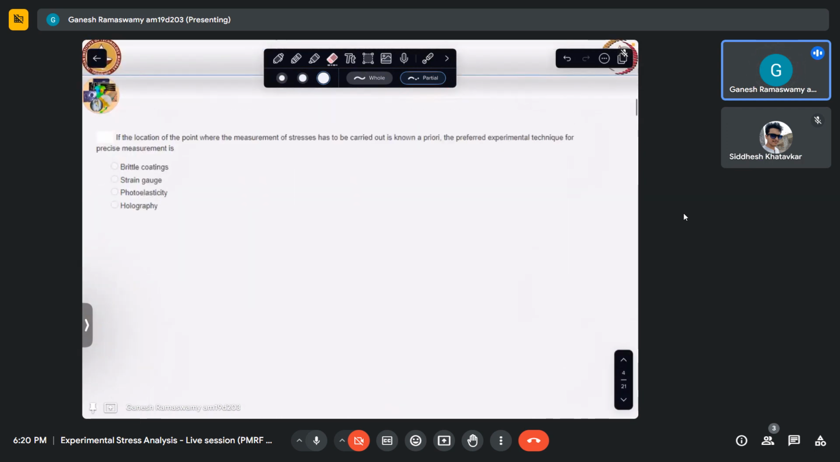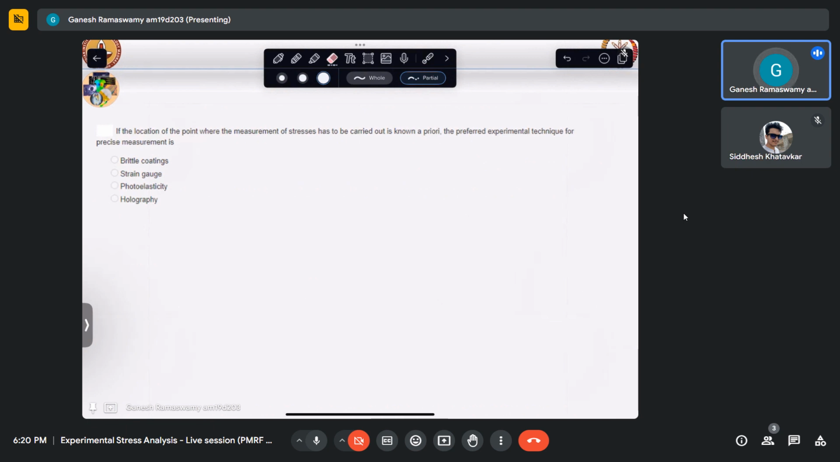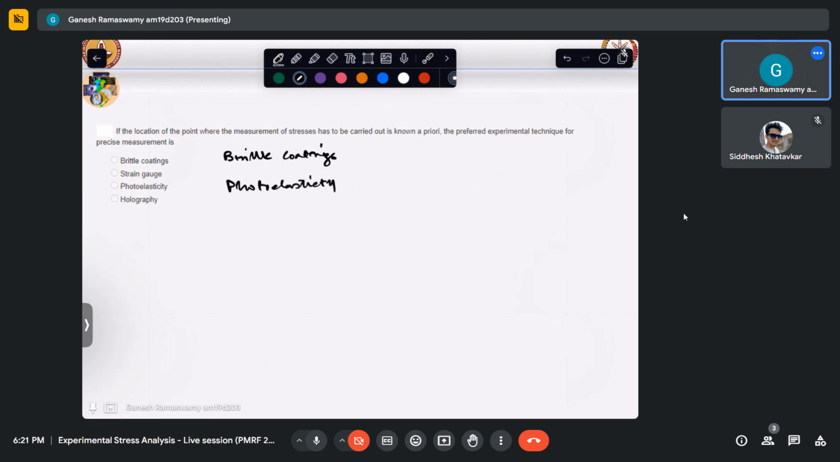All right. So let us look at this question. It says, if the location of the point where the measurement of stresses has to be carried out is known a priori, the preferred experimental technique for precise measurement is which of the following? Now we know that brittle coating, photoelasticity, and holography are all whole field techniques,